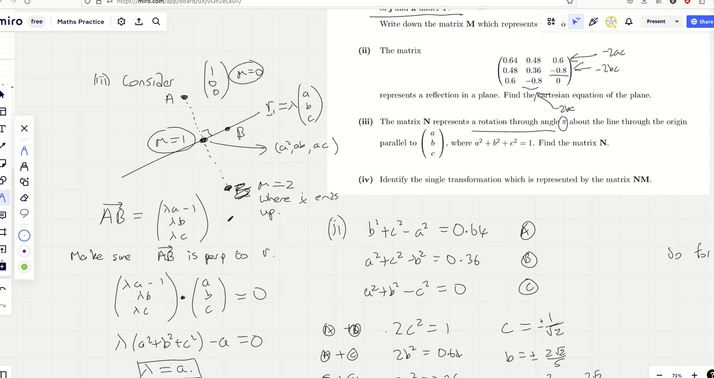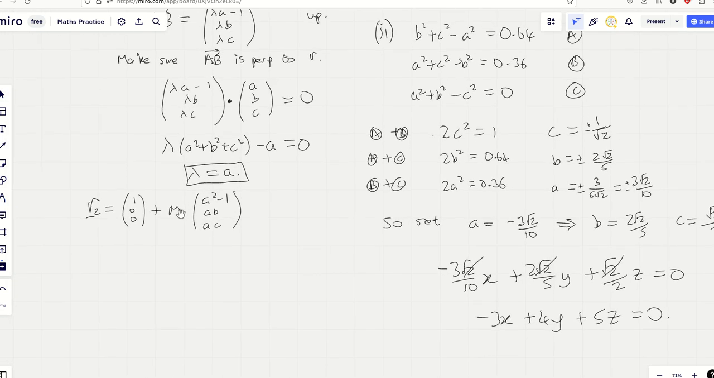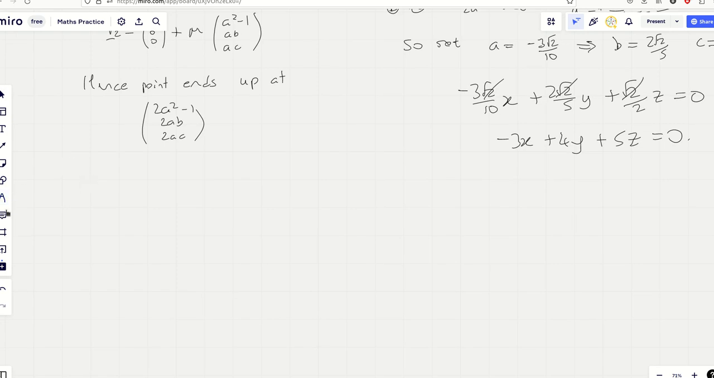after the transformation. So all I've got to do now is plug in mu is 2, and we're going to get 2a squared minus 1 plus 1, 2a squared minus 2 plus 1, which is 2a squared minus 1, and then 2ab, 2ac. Likewise, let's just put it like this, likewise